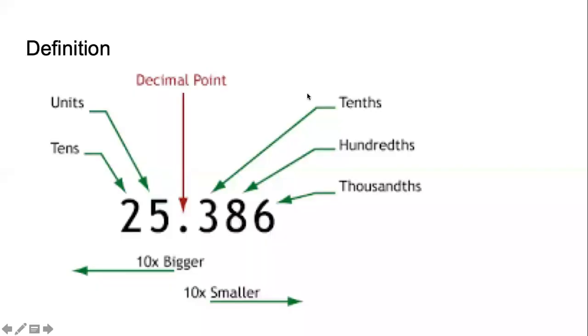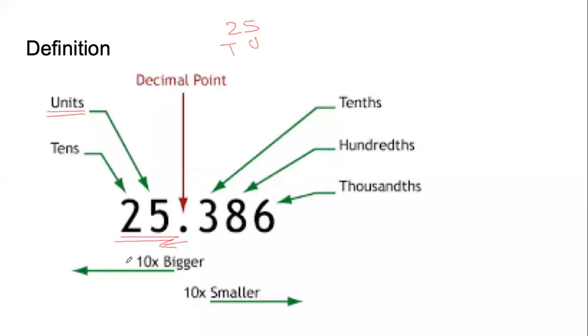If we look at a decimal number in detail, on the previous slide we understood that a decimal number has 3 parts. What does each of those parts consist of? The whole number part consists of multiple places, and the places have different values. The first number to the left of the decimal point is the units place. If only 25 was written, 5 is at the units place and 2 is in the tens place. So there is no change in this. 2 is in the tens place and 5 is in the units place.